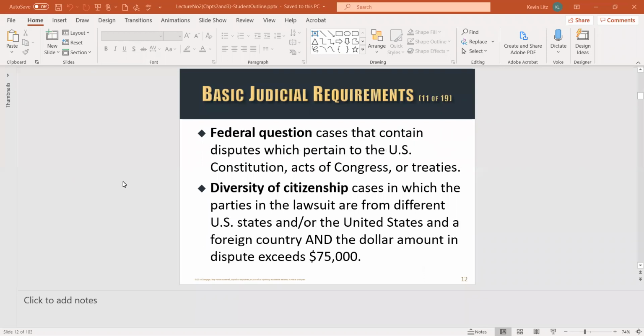Now, let's get back to subject matter, and I'm sorry these PowerPoints jump around a bit. They're from the textbook publisher, so I apologize. I don't like the sequence. Nevertheless,